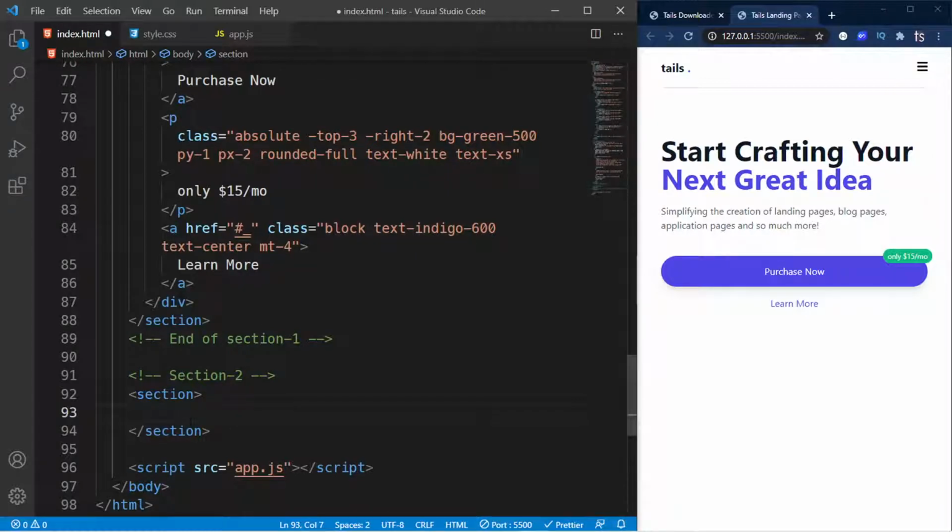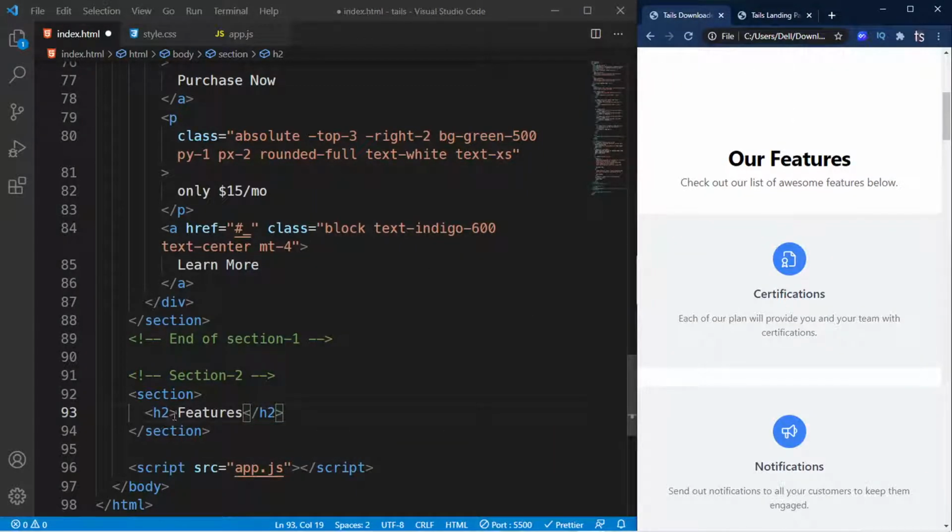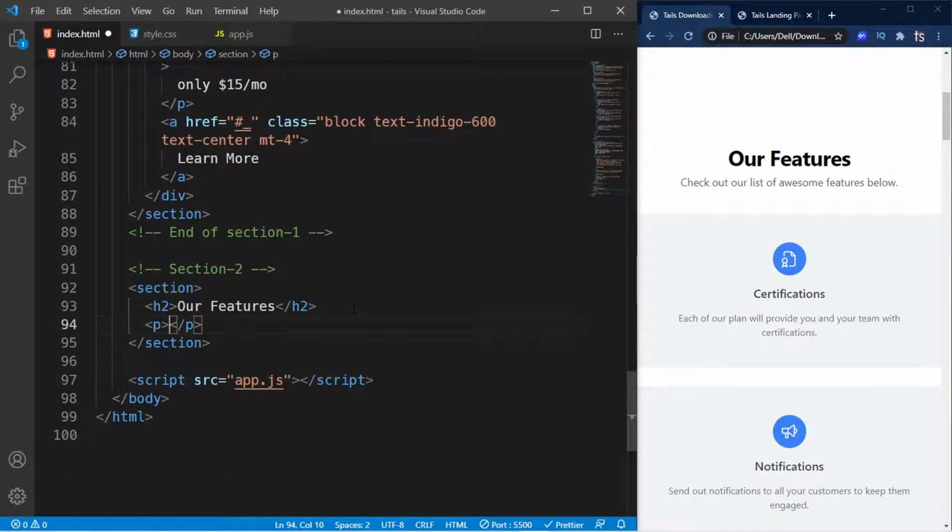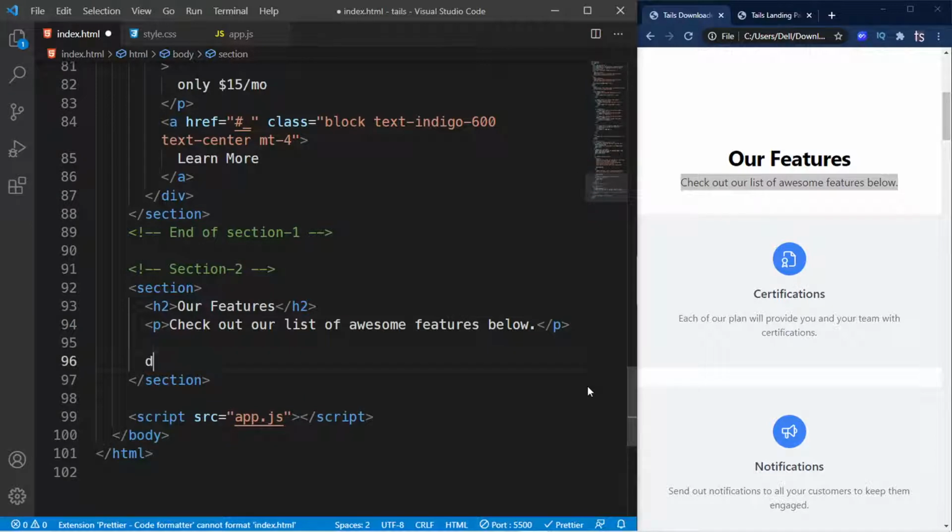And I'm going to say, let me place here an h2 that says features. Is that correct? Our features. So our features, and then below this have a paragraph that says this. So just copy this, paste it inside here, and then within I'm going to have a parent div with a class of cards,